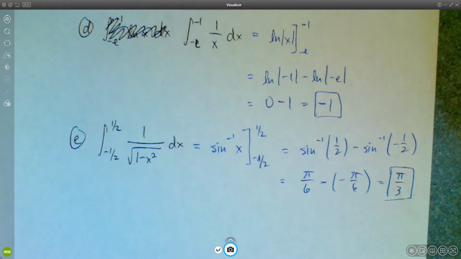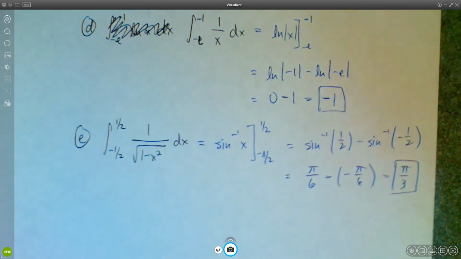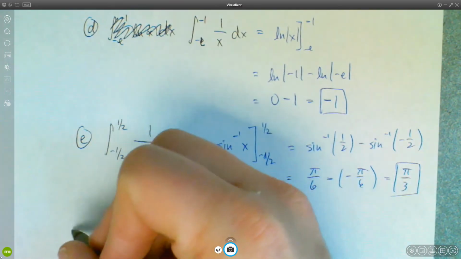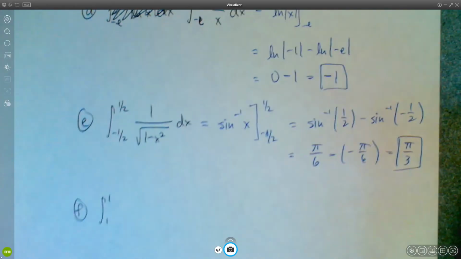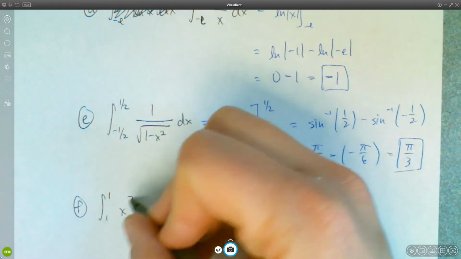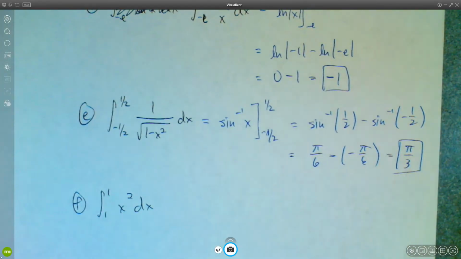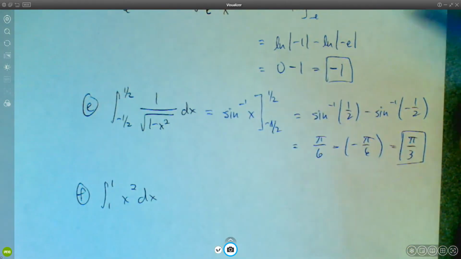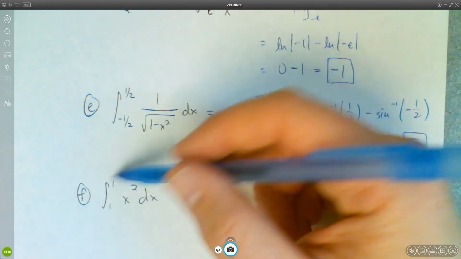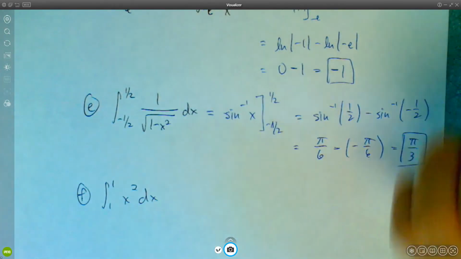So that's the idea behind Fundamental Theorem of Calculus Part 1. It's very, very useful. There are a couple more things to say. So first of all, note that let's say that you had an integral from 1 to 1 of x squared dx, right? Something like this. Now, we talked, what section was that? I think 5.4. We talked about the fact that if your limits of integration are the same, then that integral should just be 0. Okay, so we're already expecting to get 0 here,